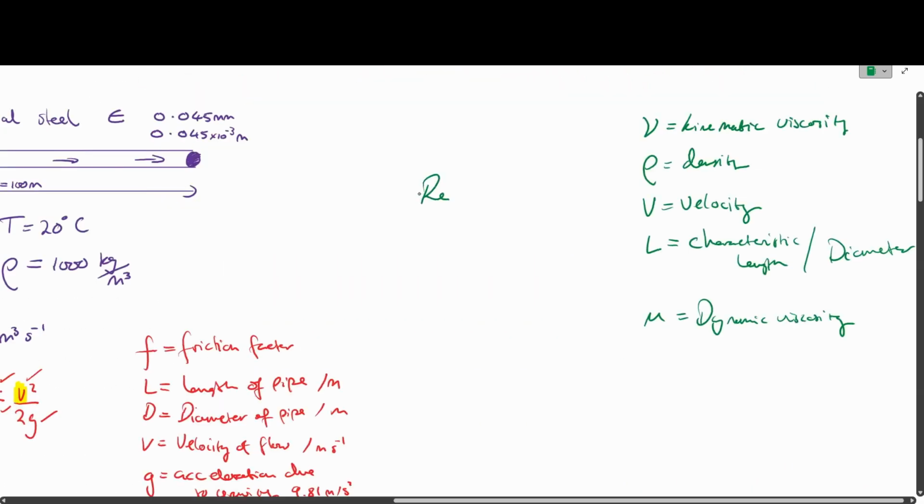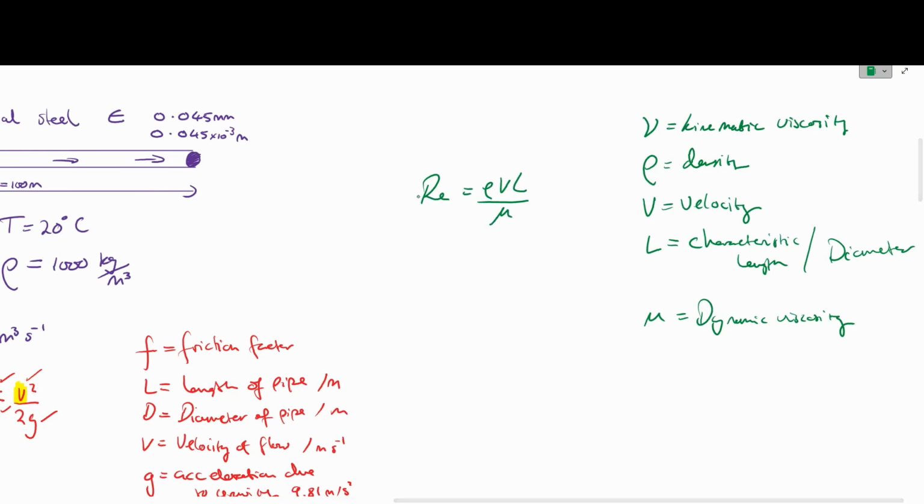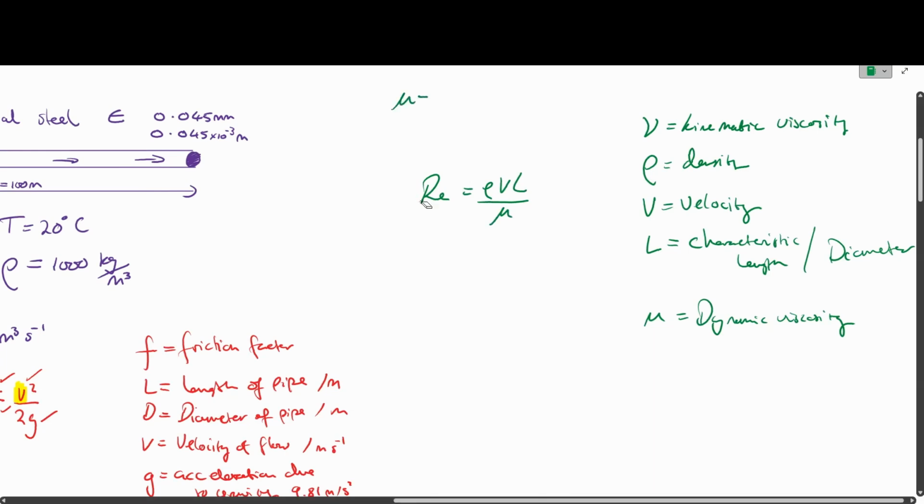To calculate the Reynolds number, we're going to use our equation: density times velocity times characteristic length over the dynamic viscosity. The kinematic viscosity is equal to the dynamic viscosity over the density, and therefore 1 over the kinematic viscosity is equal to density over dynamic viscosity, giving us velocity times diameter